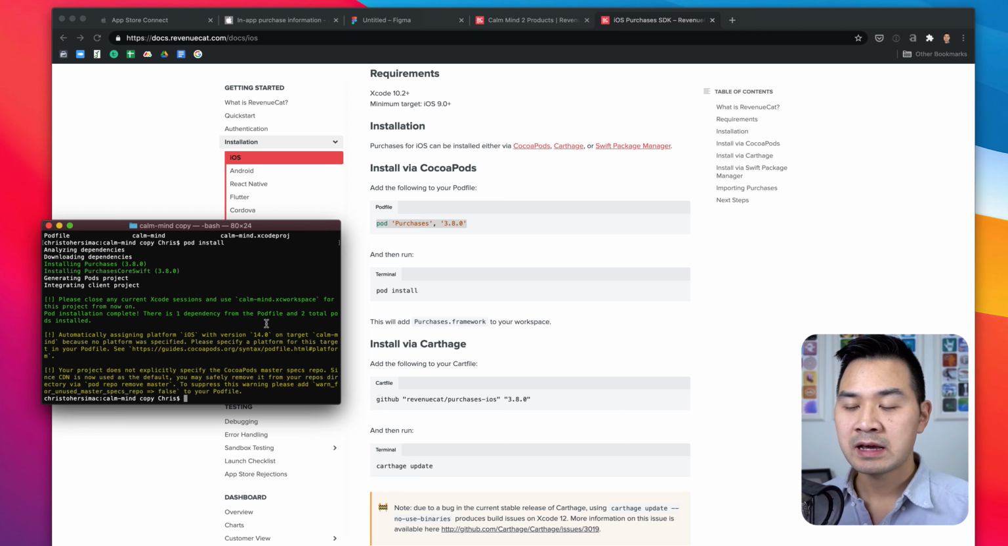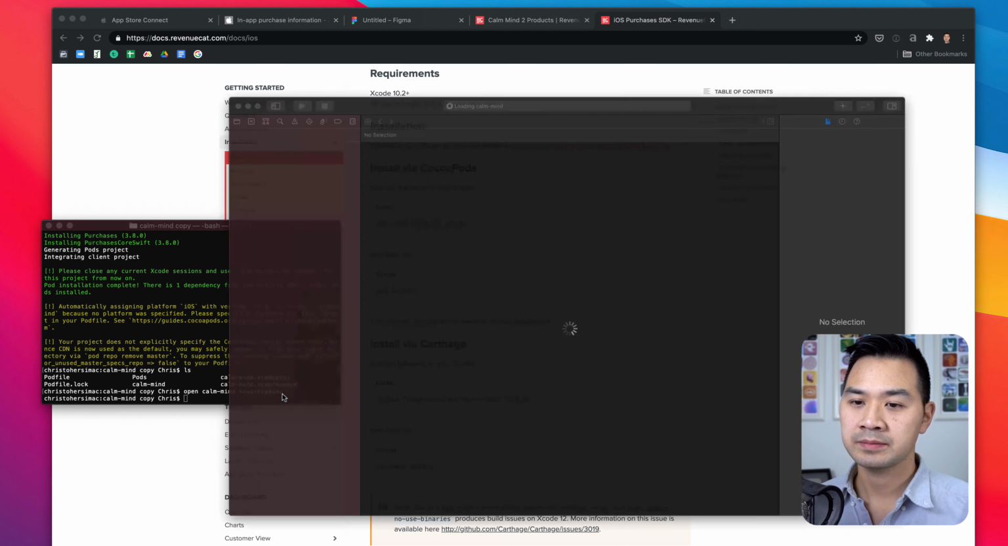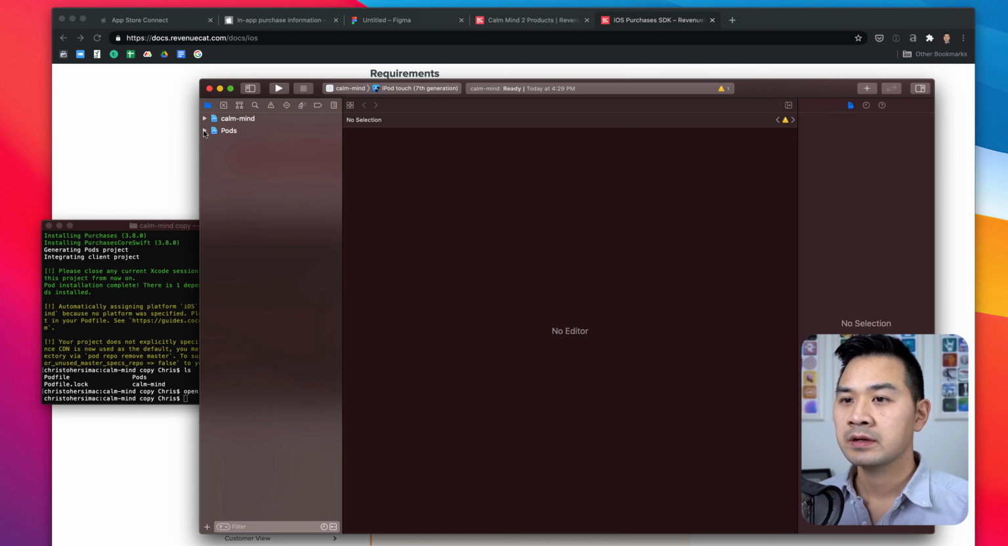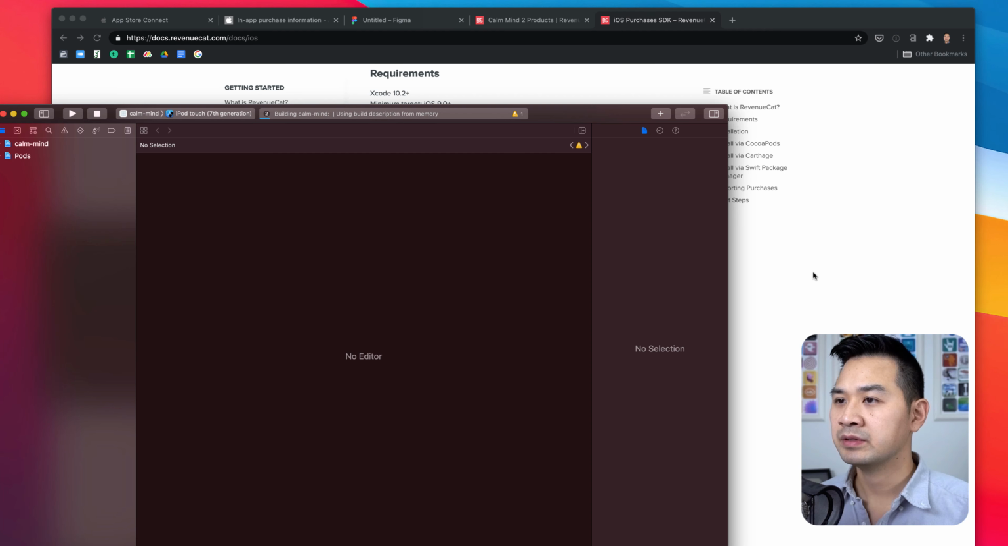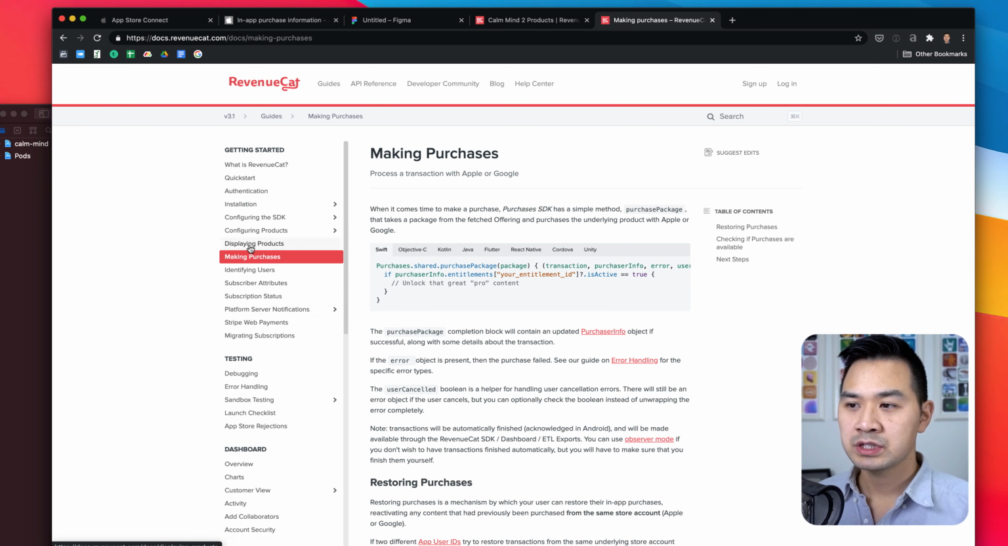All right, so now that we've done that, we have an XC workspace file. So let's go ahead and open that. So open calmmind.xcworkspace. All right, let's press Command B, and let's just build that, make sure everything looks good. While that builds, let's take a look at the documentation here. So under making purchases,